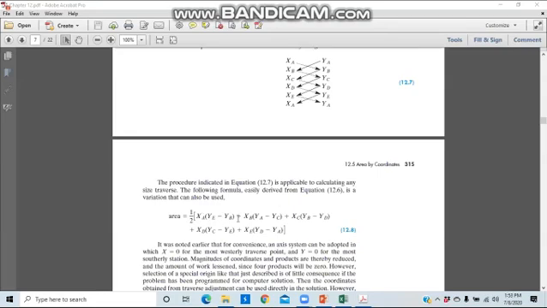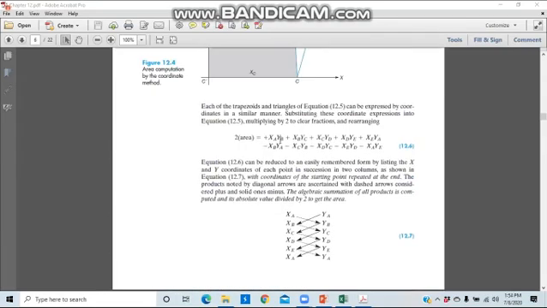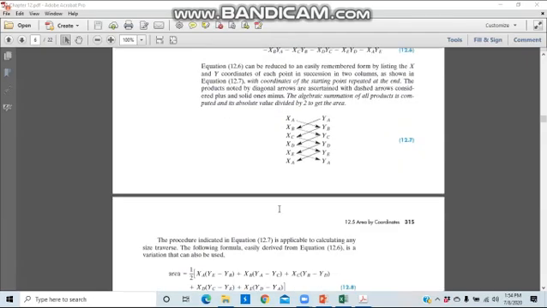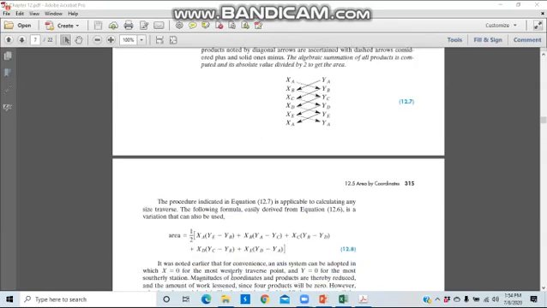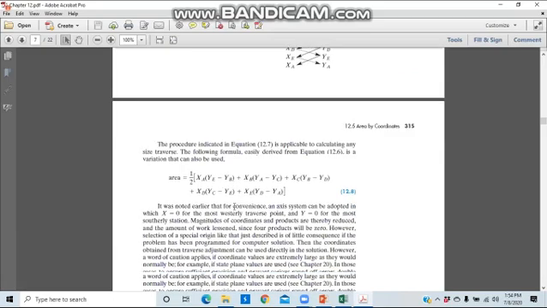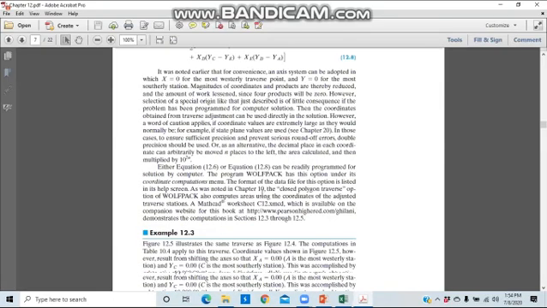Area is 1 by 2 XA, similarly, like in this equation, if you take the common out, like XA YB, right? And XB YA, similarly, XA YB and XA YE. So if you take common XA out, there would be YE minus YB. So if you take 1 by 2 out and then XA, YB minus YC plus XB common, YA minus YC plus XC, YB minus YD. So you can modify this equation into this equation and can use it if you have the coordinates to calculate the area of any size of traverse, right? So let's see in the example.